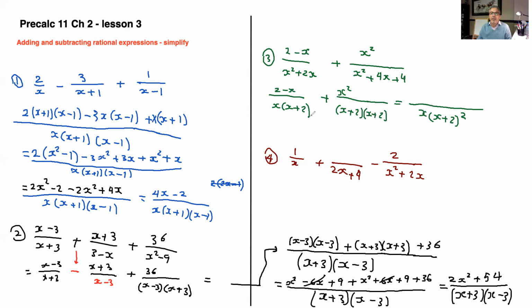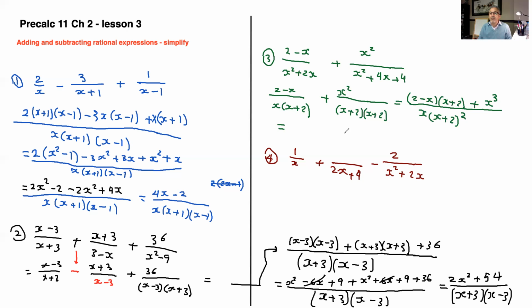Now, if I compare this to this, definitely I'm missing an x plus 2 because of the square here. So I'm missing an x plus 2. That's what I'm going to multiply this top by. So 2 minus x times x plus 2 plus, if I compare this to this, it has the x plus 2 squared, but it's missing the x. So therefore, I have to multiply this top by x, and that makes it x cubed,